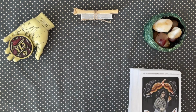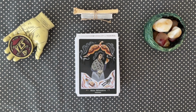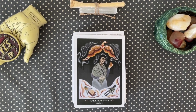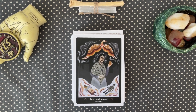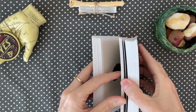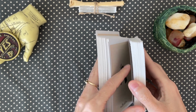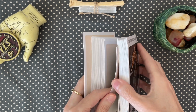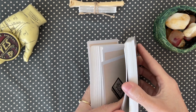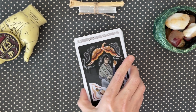But this deck goes over some notable literary women in history, from different cultures, different eras of time. And this deck is divided into two parts. So you have your literary witch, these cards, so the author,